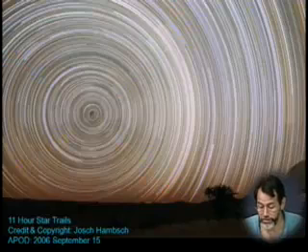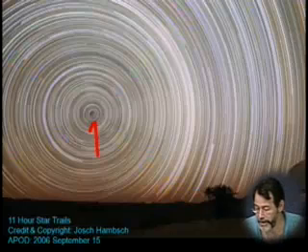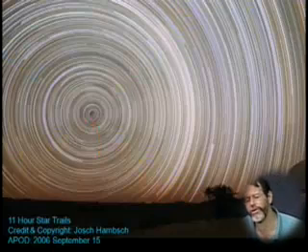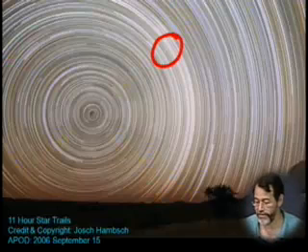So these are really long star trails. Now, if you look, my understanding is that there's no star near there. So I believe this was taken at the South Pole, where the star nearest the North Celestial Pole, called the North Star, is Polaris, but there is no similar star in the Southern Hemisphere. There's no star near the South Celestial Pole. No southern star. This here, that's a meteor, because that happened really quickly.